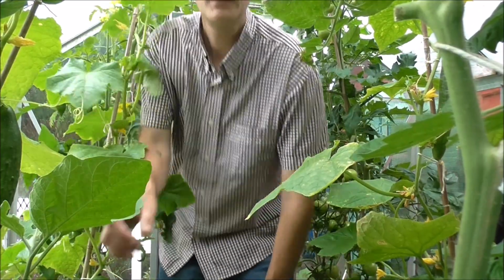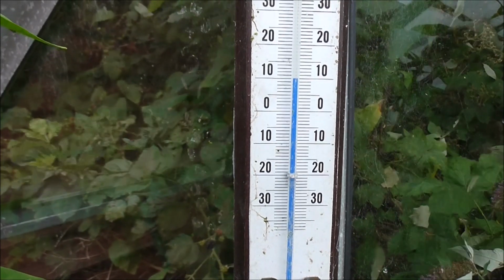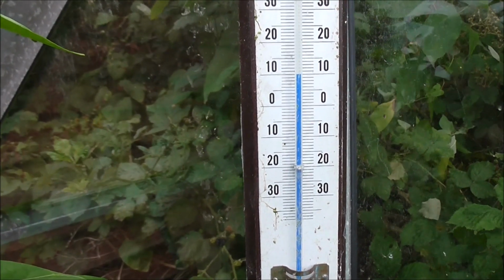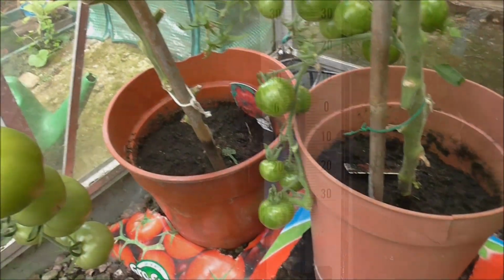Alright, whenever I do a video from my dad's greenhouse, it's always like a bloody jungle in here, so why don't I grab the camera and we'll have a look at what's going on. In previous years it's been totally tropical in here, but as you can see today, not so much. About 10 degrees. Yeah, distinctly cooler today. 3 tomato plants